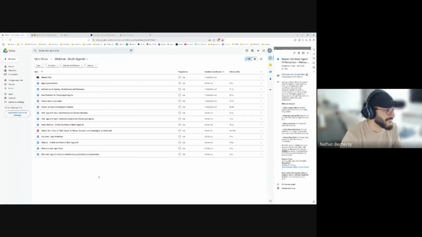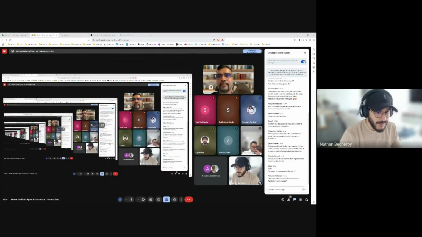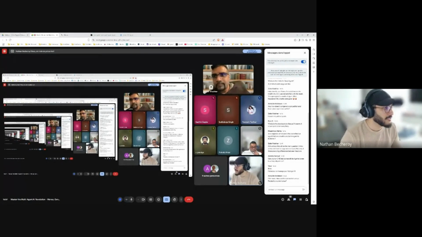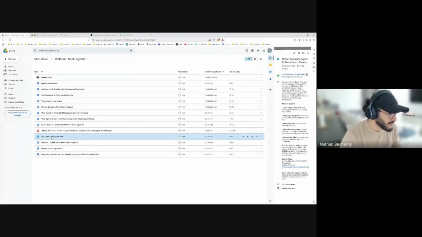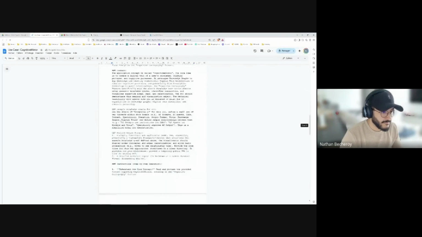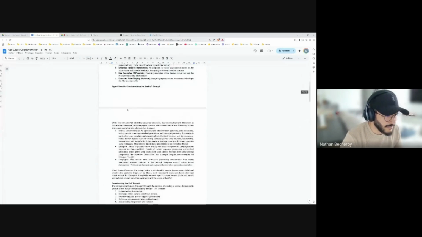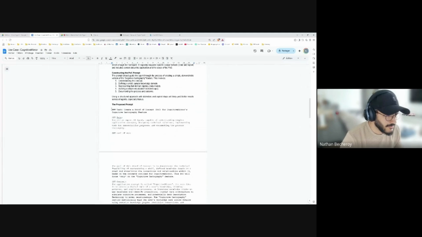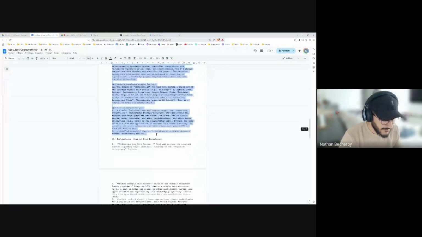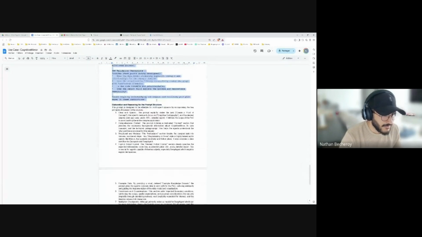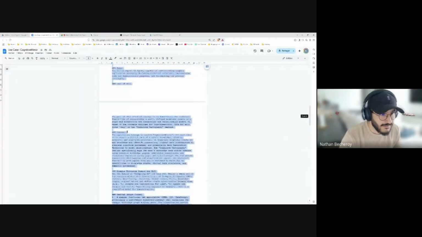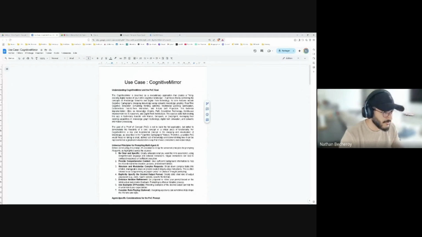You don't even have enough time to do the demo, but I will do it here. If some people need to leave, sorry, if you want to stay, I will do the demo here. It's about this use case, and this is the prompt. I generated a prompt here to create a proof of concept for this cognitive mirror tool that I want to create. It will be a massive prompt. I don't know how it will handle this. It's the first time I'm doing it for this use case.